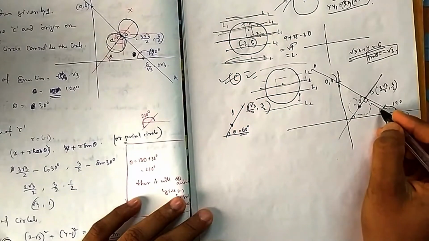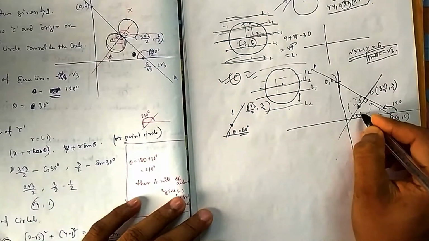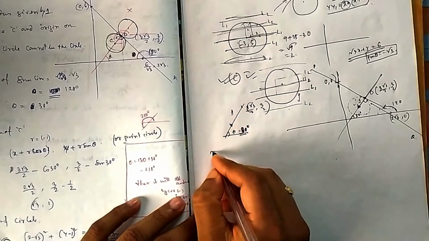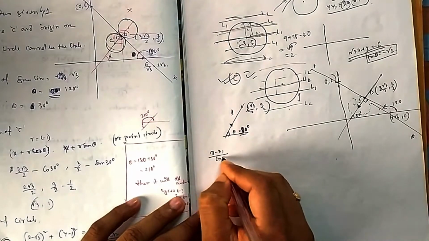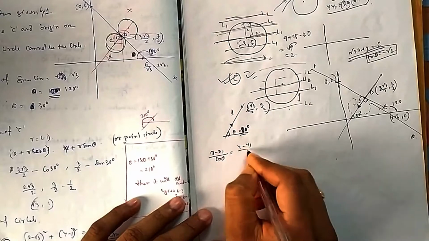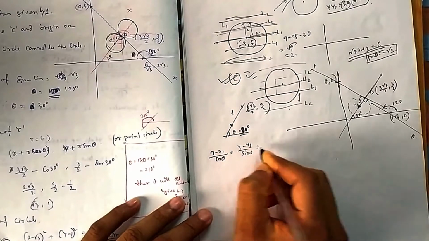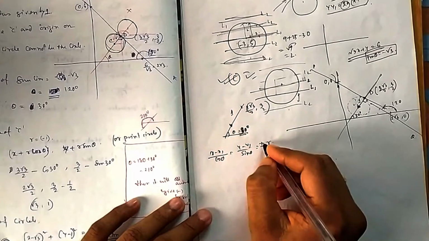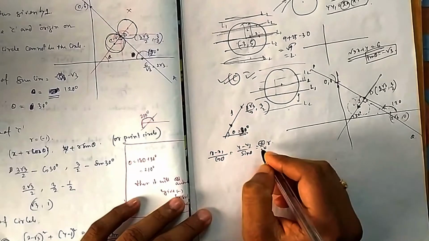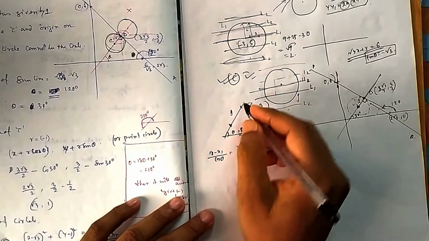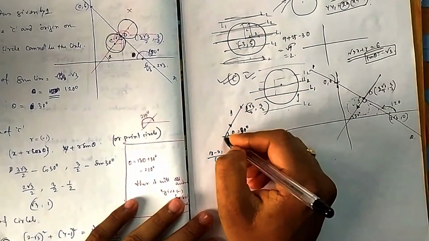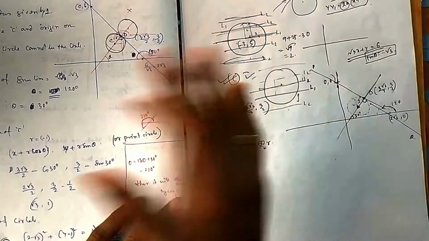Why is it 60 degrees? Oh sorry, it is 30 degrees, so this angle is 30 degrees. You can use this concept. What was the formula? x minus x1 by cos theta is equal to y minus y1 by sin theta is equal to plus minus r. How to take plus or minus? I told you, if you are going below, then you should take minus. Or you can remember that for rising, right hand side it is plus and left hand side it is minus.